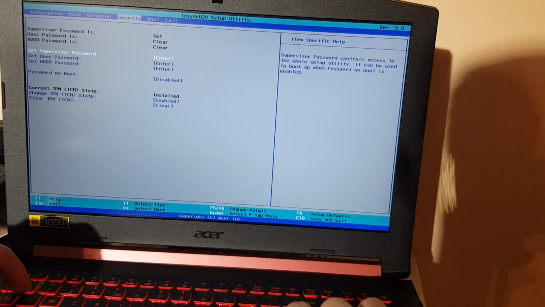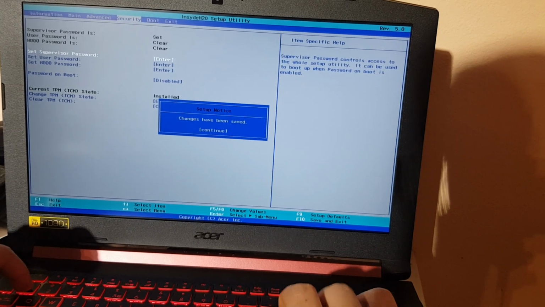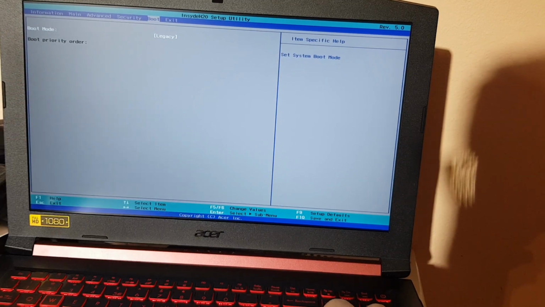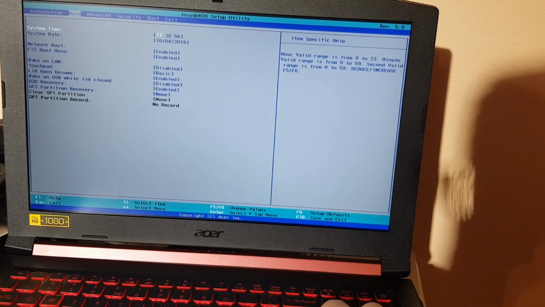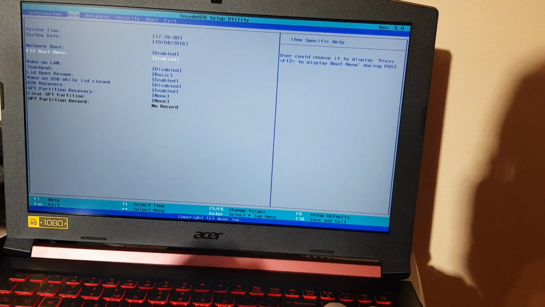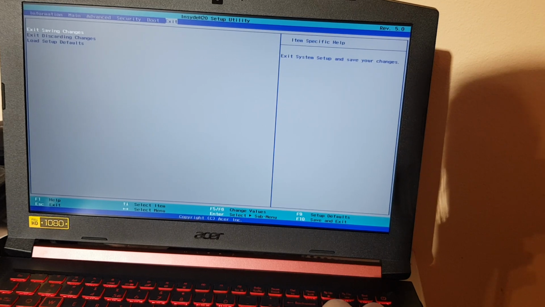Okay, so I will also disable the password because I don't need it anymore. So make sure the boot mode is on legacy, and at the main tab you have the F12 boot menu enabled. Alright, so now go to the exit tab, hit exit saving changes,